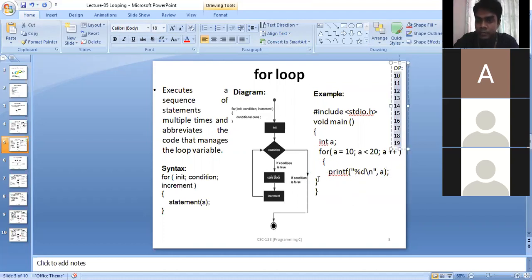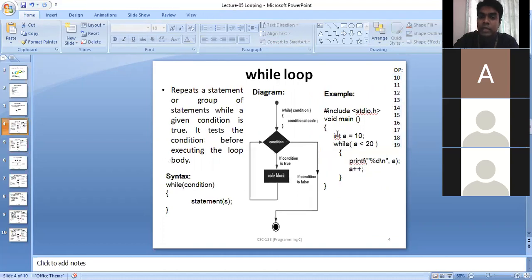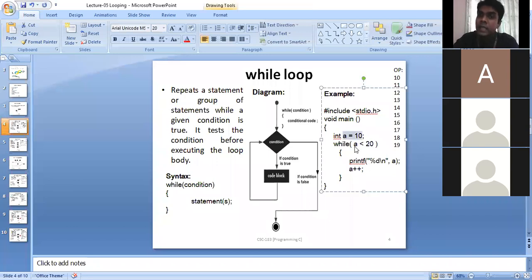Sir, can the while loop also be written all together with semicolons? No. You cannot write it down because this syntax is different from the for loop. While loop syntax is at first you have to write down the initialization, then with the while keyword you have to write down the condition, then inside the loop body you have to write down increment or decrement section. The syntax is different.